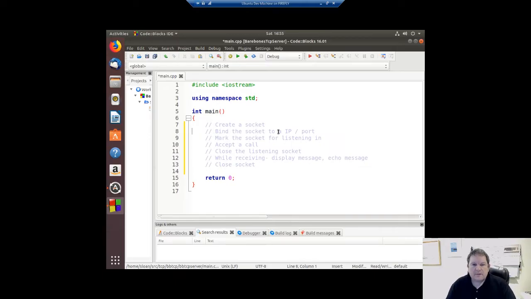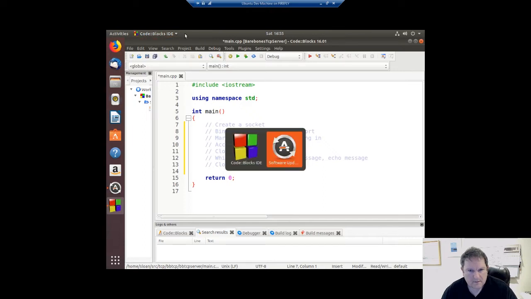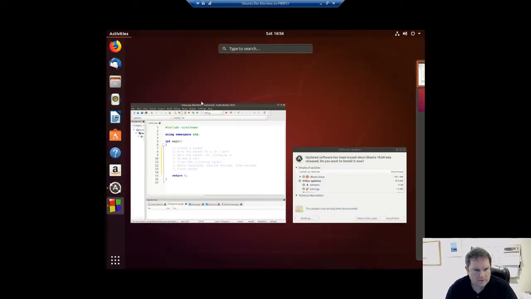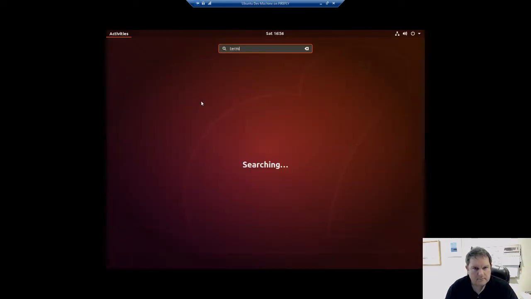So there's a few bits and pieces that we don't need to have here. Just one second. Don't have anything else on here. So if I do terminal,